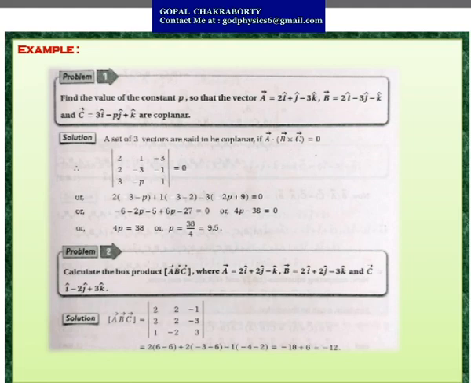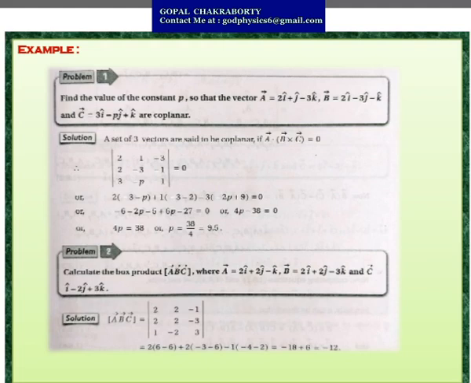Okay, here I have done, and after calculating all of these things, the result will be equal to 0. So we calculate the left hand side value, then we put the condition left hand side equals 0. From there we calculate minus 6 minus 2p minus 5 plus 6p minus 27 equals 0, which gives us 4p equals 38. So p equals 38 by 4 equals 9.5. So that is the value of this constant p.